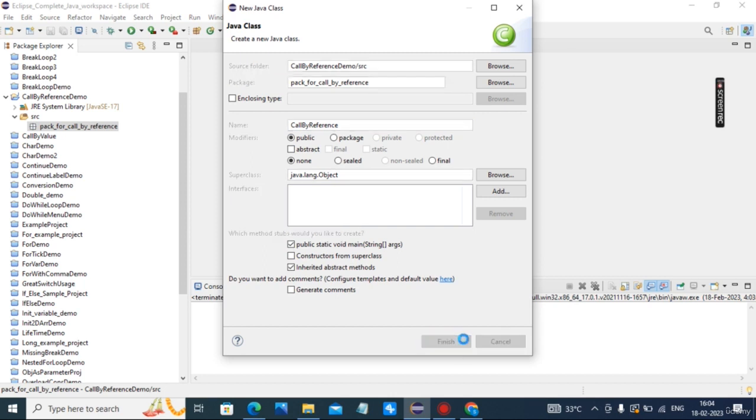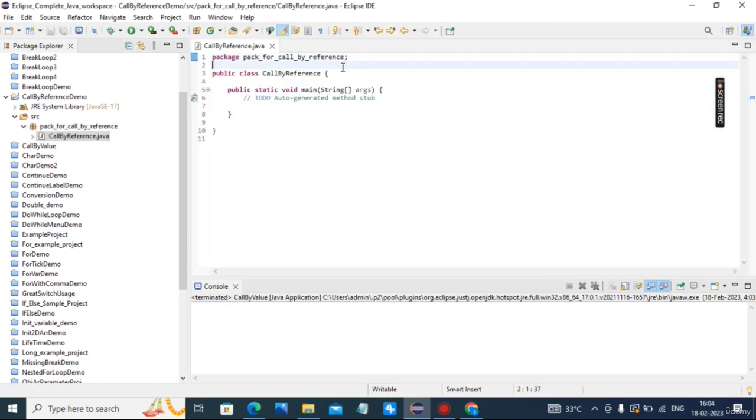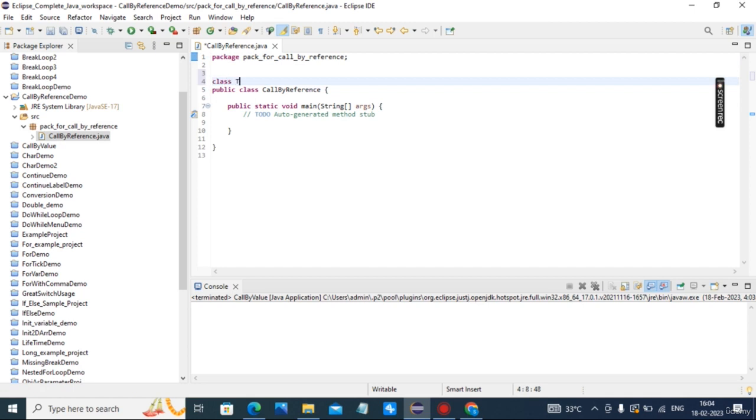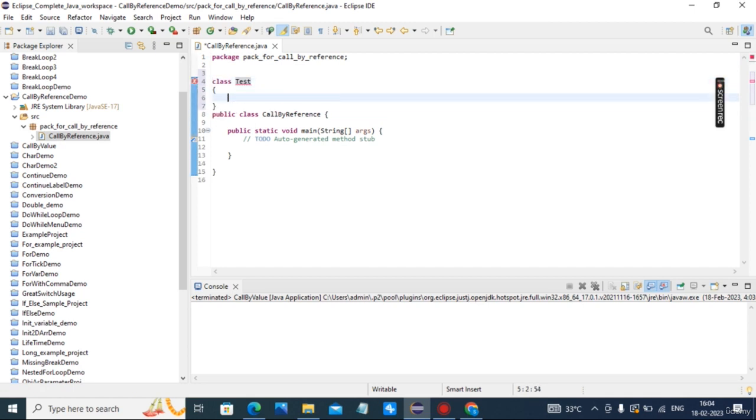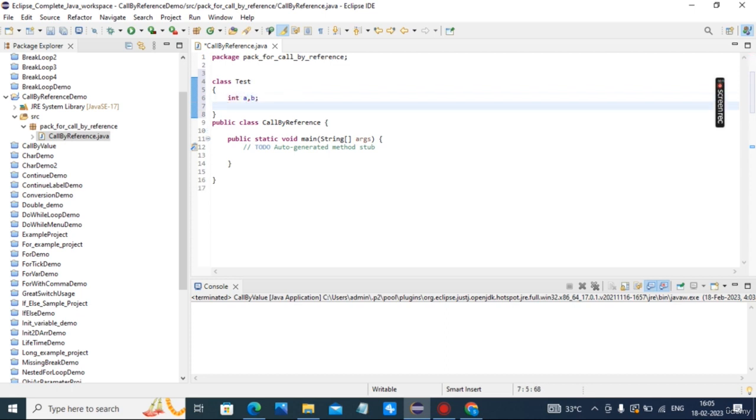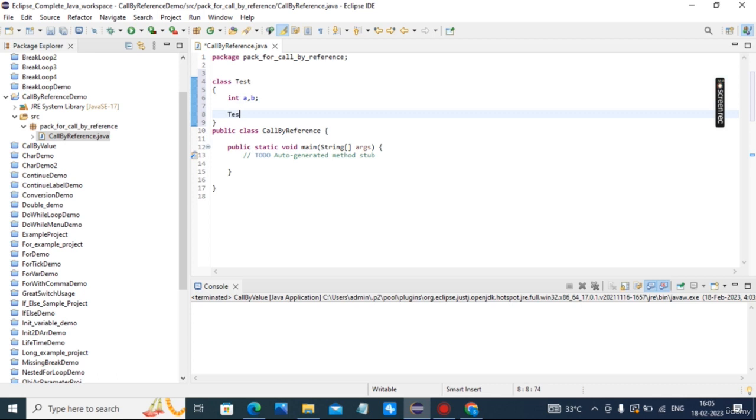In the function, the class will have two variables, a comma b.